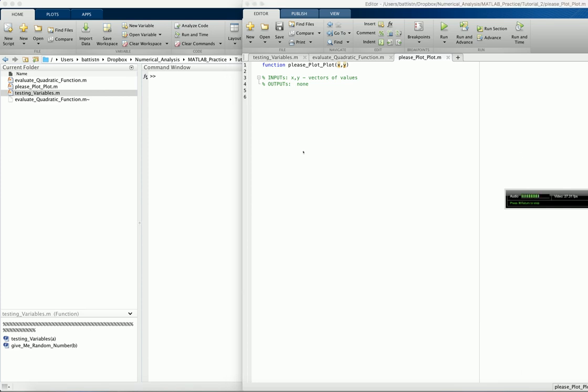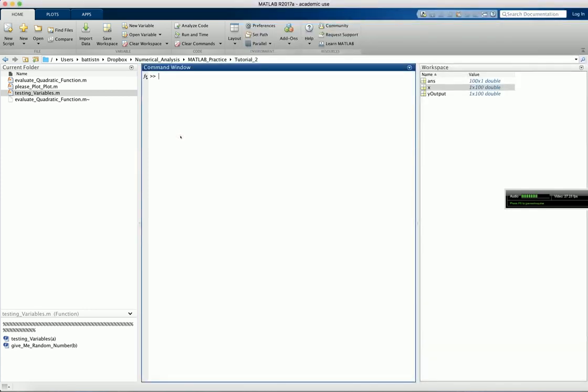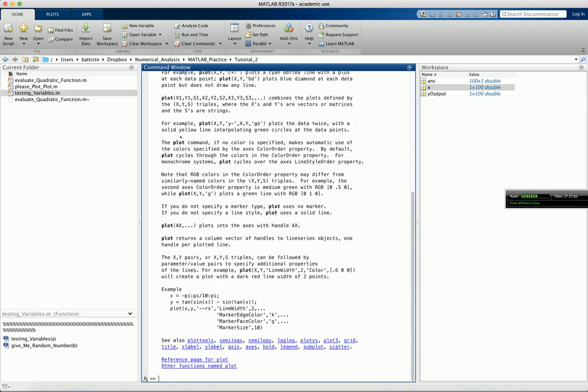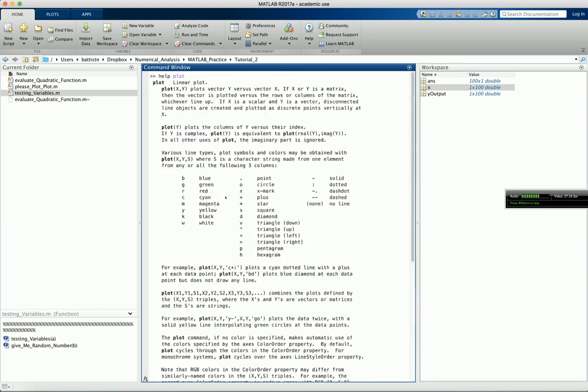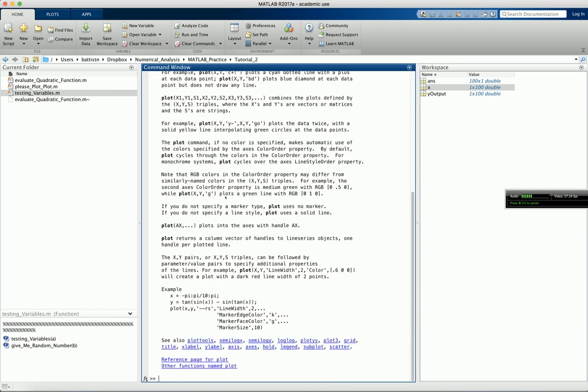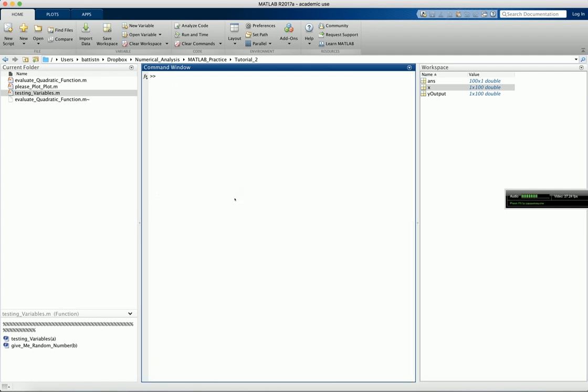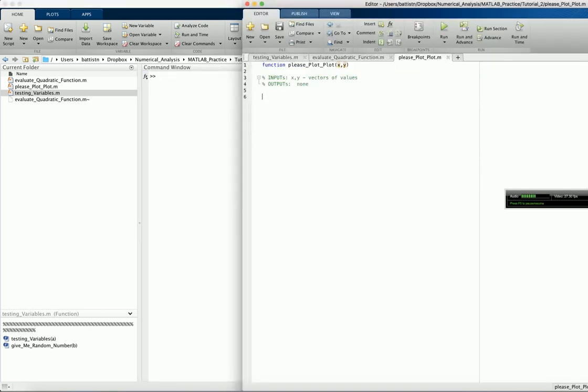So if we don't exactly remember how plot works, we can of course go back to the command window and just type help plot. And just by doing that, MATLAB will bring up this helpful window that gives us a lot of different options, so much so that it's almost overwhelming how we can plot things using MATLAB. Let's just clear this screen. Of course, what a lot of people do is mostly go to Google and just ask Google how to plot in MATLAB, which is also very efficient. So just going back to our script,